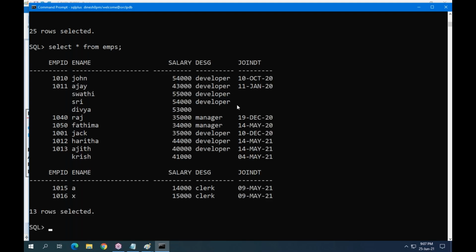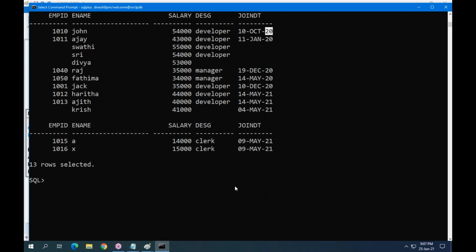Yes, sir. Actually, I have a doubt in the date format. As you said, the default date format for Oracle is DD-MON-YY. I have a question: when storing 2 digits for the year, if we have to enter 1920 and 2020, how will it be displayed? Let me show you.